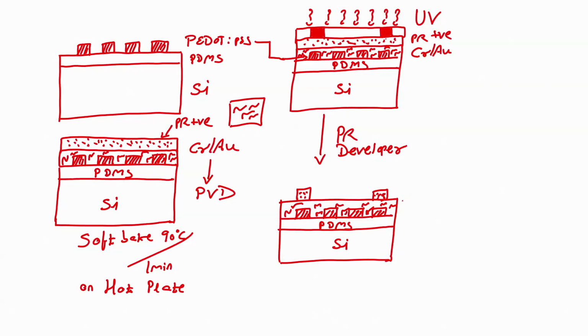What is the next step? This is our chrome gold. Next step would be to etch chrome gold, right. So, the area which is protected by photoresist will not get etched, the remaining area will get etched. So, when we perform chrome gold etching, what will we get? We will get